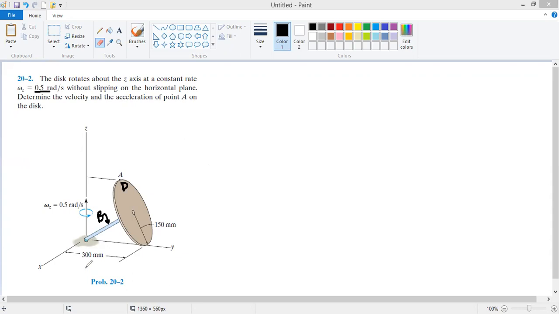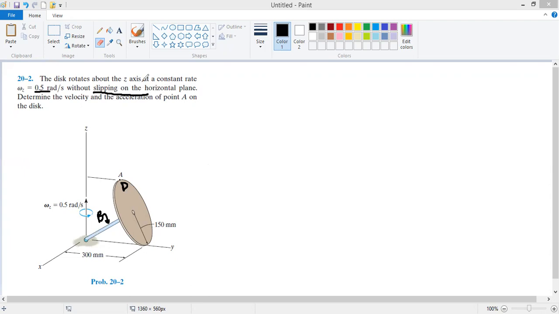Apart from this data, we are also given that the disk is rotating without slipping on the horizontal plane. Now we need to understand this motion precisely. As far as this statement is concerned, that the disk is also rotating without slipping on the horizontal plane,